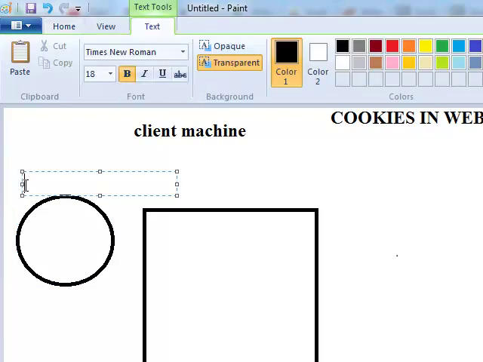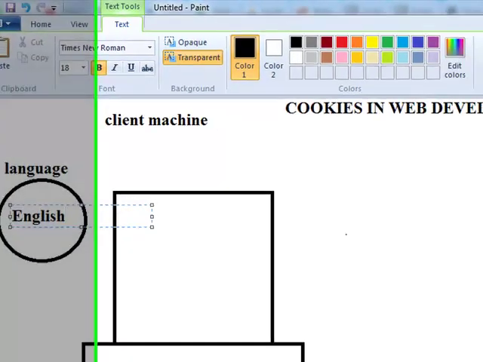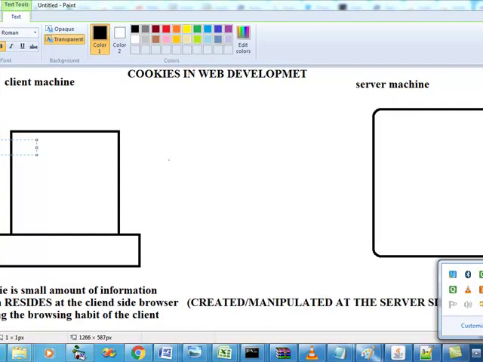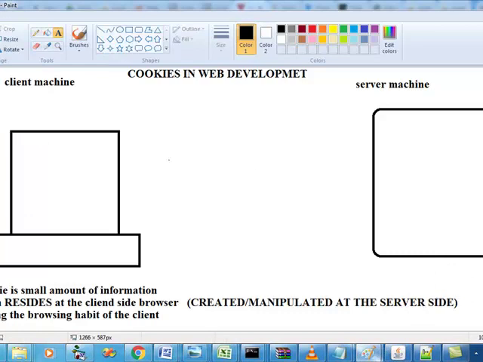The cookie name will be language, and the value of the cookie will be my preferred language in which I would wish to view the browser. Clear? This is how you will depict a cookie. So this is what a cookie looks like.